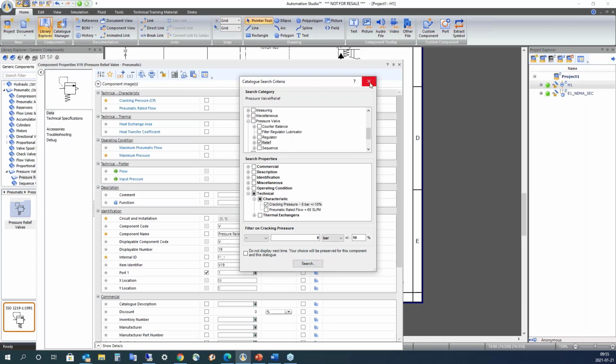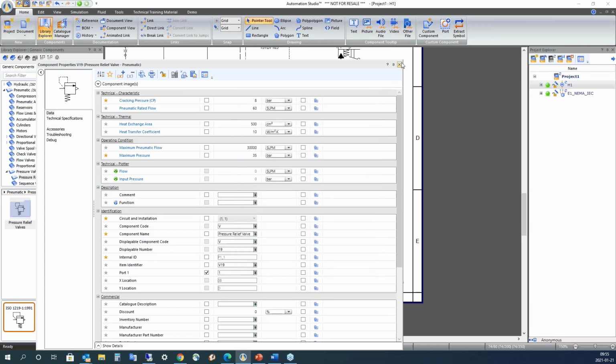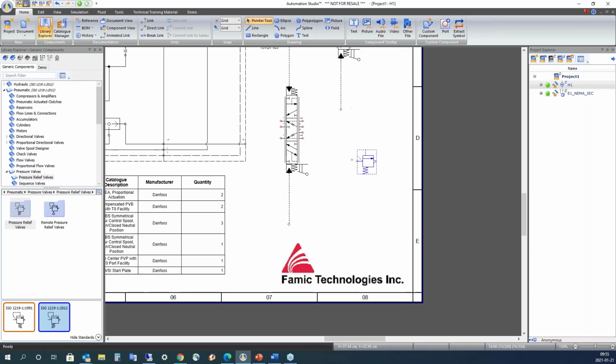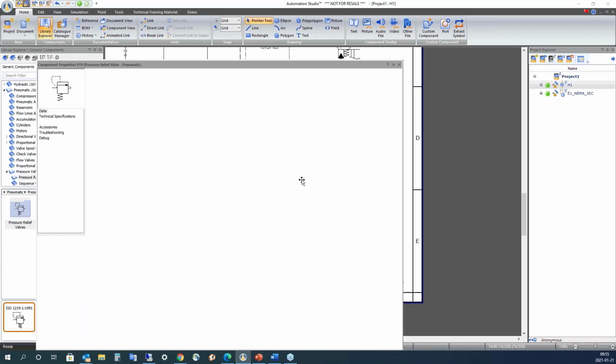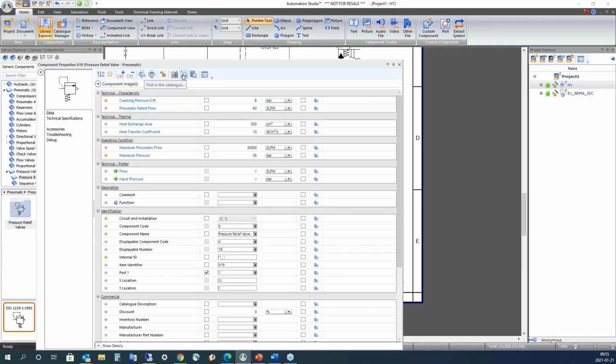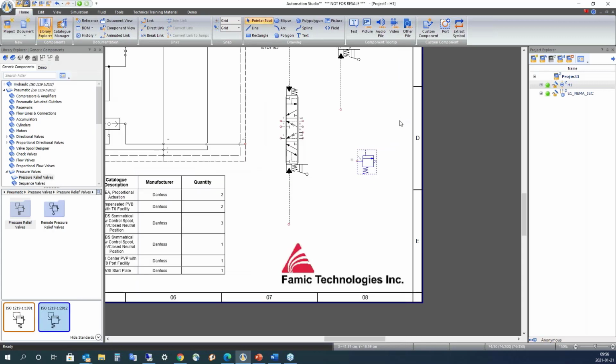So this is another way to search in the catalog, another way also to work. If you have all your generic components on your circuit, each one has the button, and you can explore starting from a specific criterion or a specific value that you have set in your existing circuit. Okay,